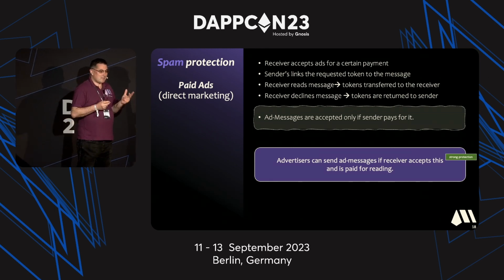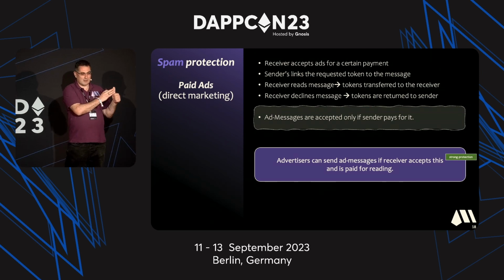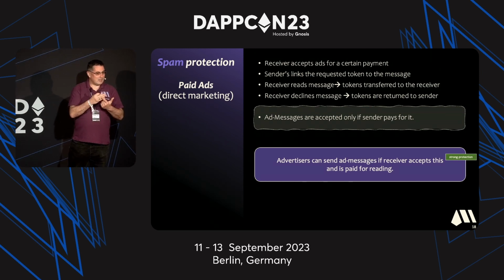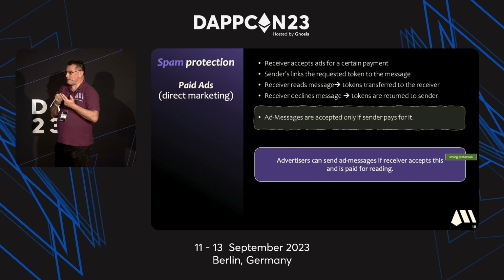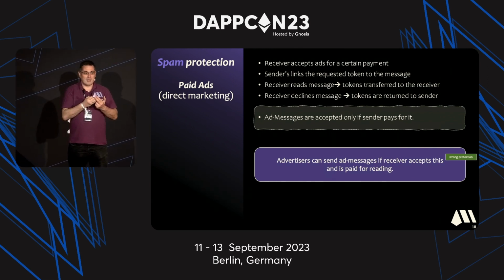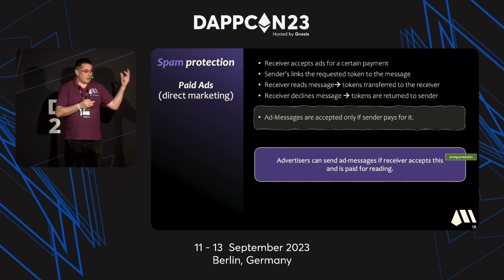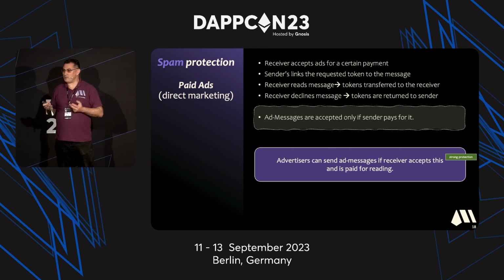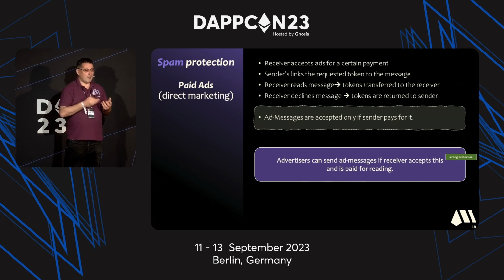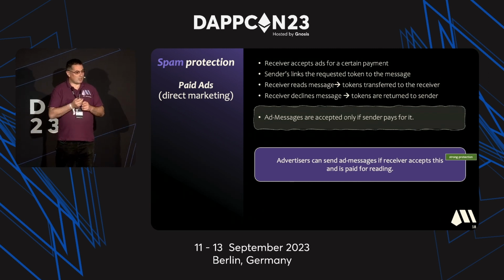So with these protection mechanisms, we can have blacklists if we need them for regulatory purposes, we can have proof of activity with the nonce, we can have proof of ownership, where we see if there are tokens or NFTs on this address, and we can lock tokens to a message, so that they will be burned if it is spam. With this we can build a very secure and very easy to use spam protection system.